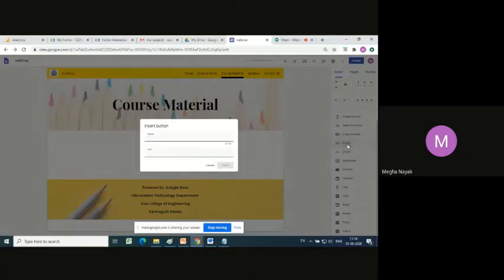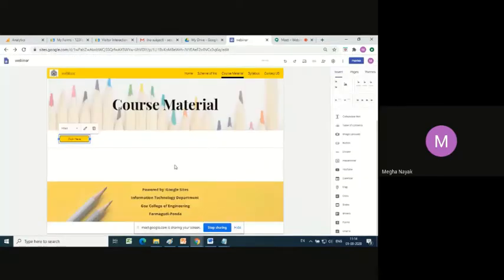So I click on button and it tells me to give a name to this button. So I say click here. All right, and by mistake if I spell this wrong, and I will say, but once you click that button, what has to happen, where it has to navigate, provide, you can give a link over here. You can give any other link. So I will say maybe syllabus. Okay, the link is, once I click on the button, it navigates to syllabus. So I will just say insert. Now see, the button looks like this with a spelling mistake.